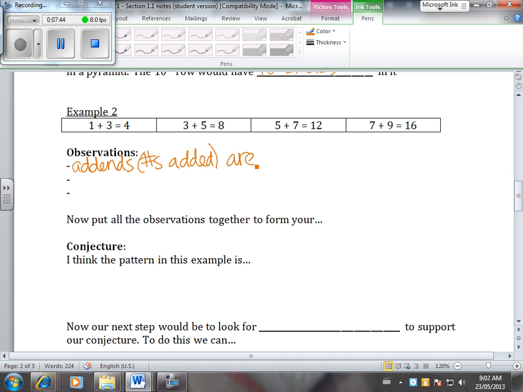So they're odd, right? 1, 3, 5, 7, 9 are all odd. And then when they're being added with their consecutive odd number, so the number that's right after it. So when you count up by odd numbers, you go 1, 3, 5, 7, 9, 11, 13, etc. So here you'll have 1 plus 3, 3 plus 5, 5 plus 7, 7 plus 9. So they are consecutive